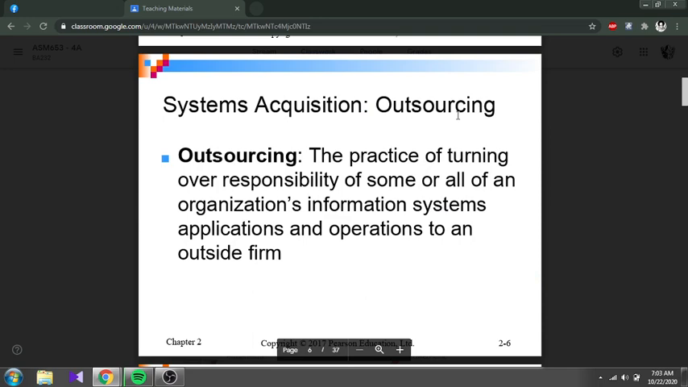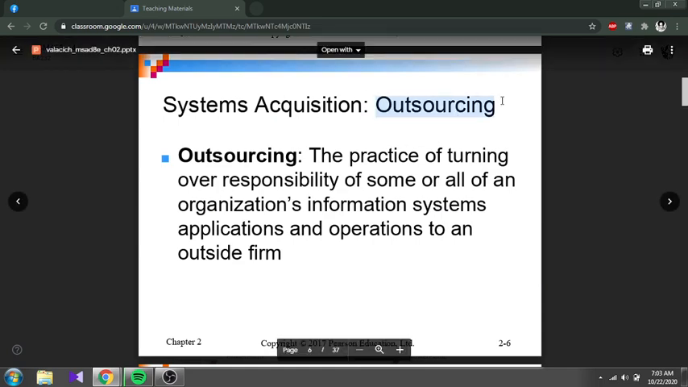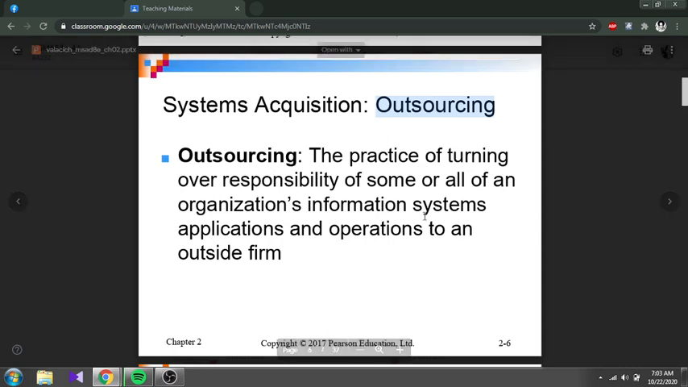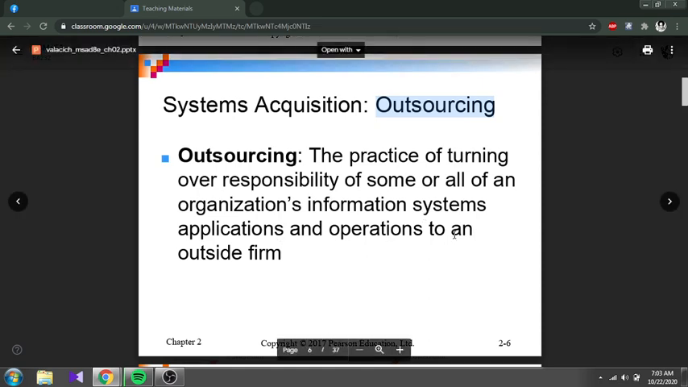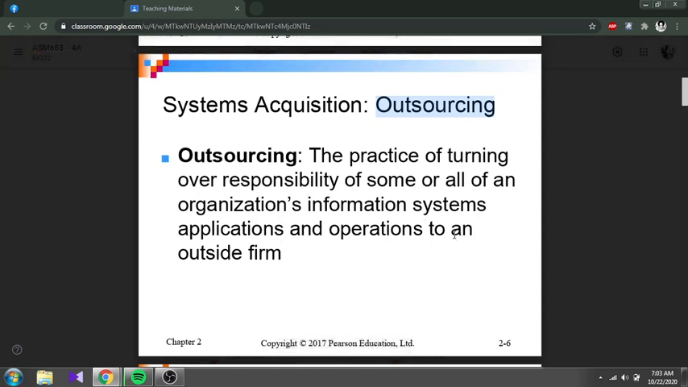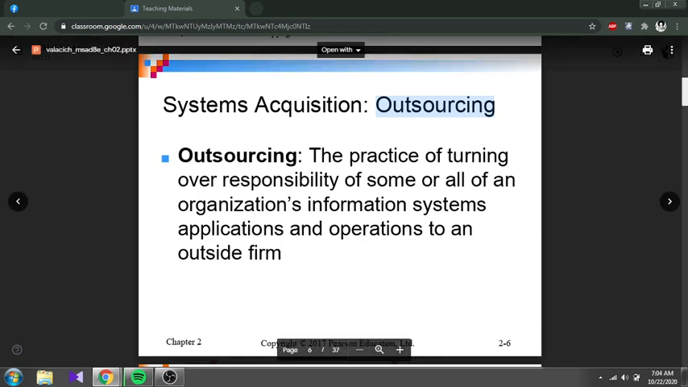Okay, alright, now we go to the system acquisition. Macam mana kita mendapatkan sesuatu software ataupun sistem tu is by, okay, this one is outsourcing. Outsourcing is the practice of turning over responsibility of some or all of an organization's information system applications and operations to an outside firm. Meaning that kita outsource. Outsource ni dalam bahasa Melayu,